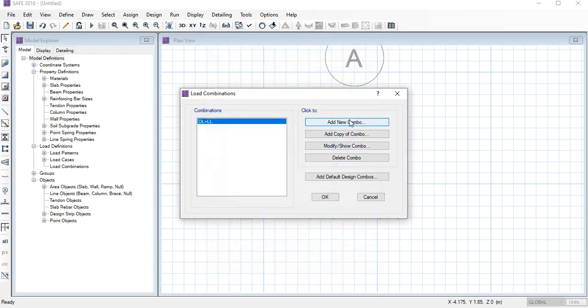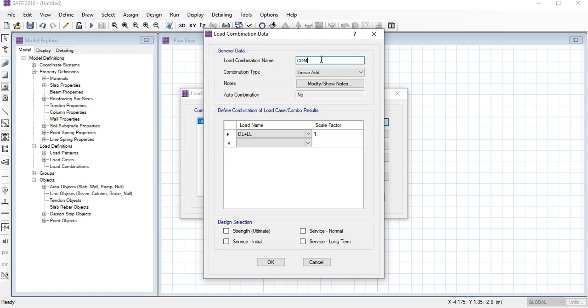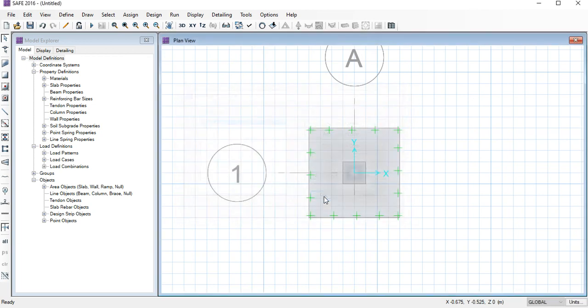And second, I will also click here for the ultimate load. For the ultimate load we know we have to multiply by the factor 1.5, and after that DL plus LL. Here you need to close the bracket, and after that here is the dead, and we have taken the factor. The factor is 1.5, so you need to put the data 1.5, and here is the live, and live I have also taken 1.5. This time it is an ultimate strength, so we just click ultimate, and click OK.